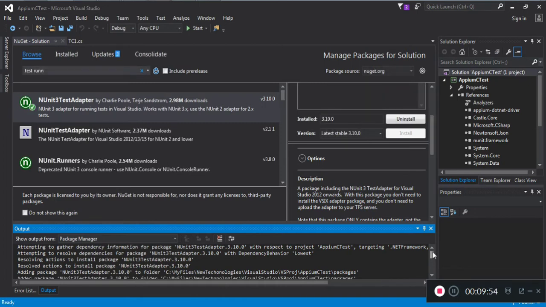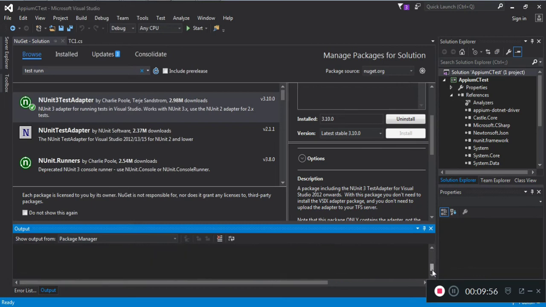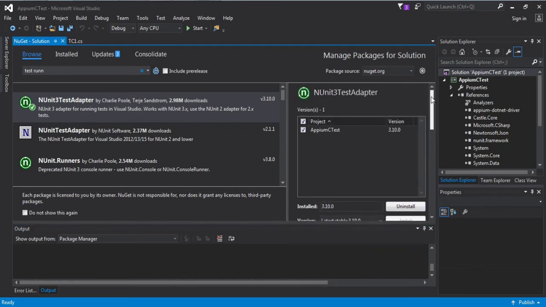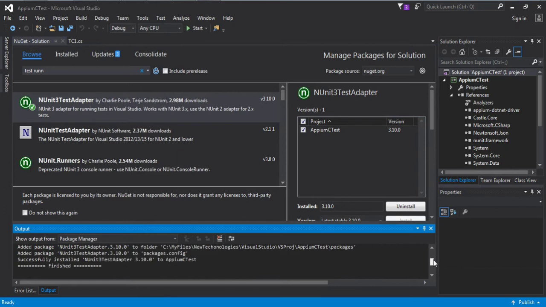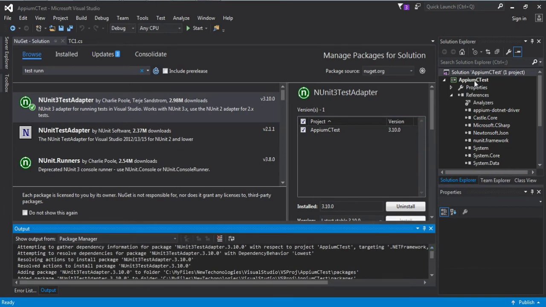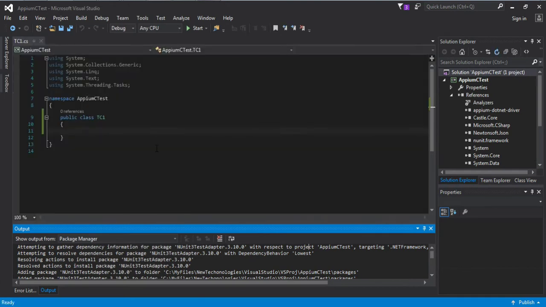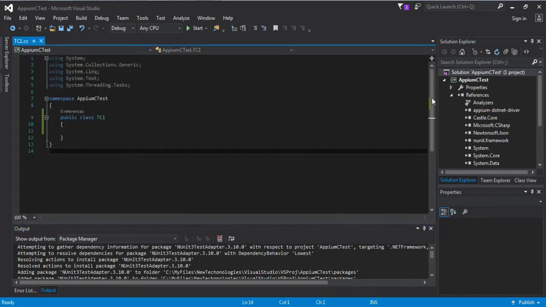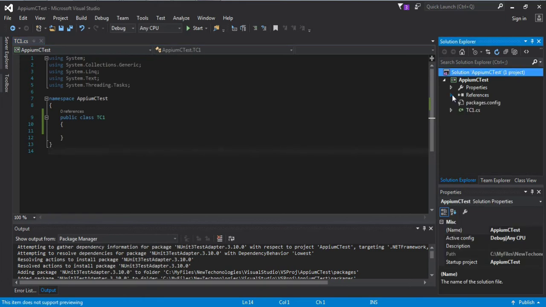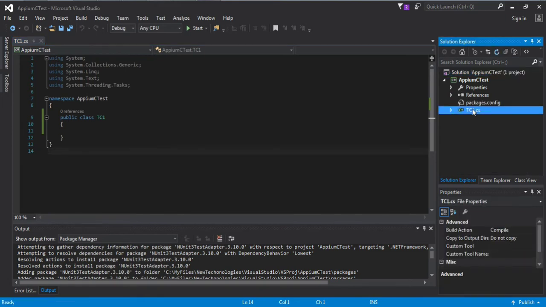Okay, I hope that much is sufficient to install. So let's see if it is installed. Yes, it is finished. Now we are good to go to write the test case. We have installed all the required packages, and we have created one test case file,